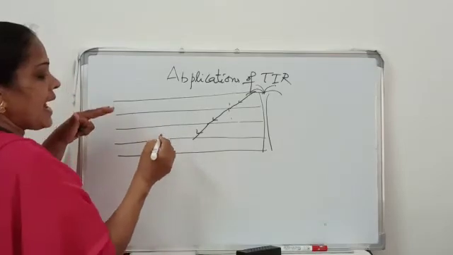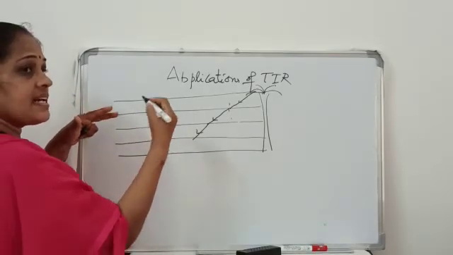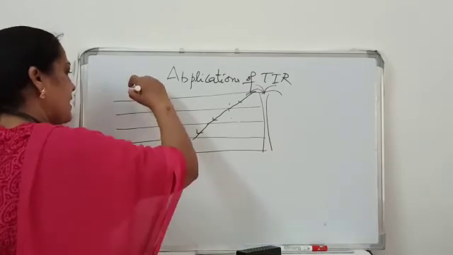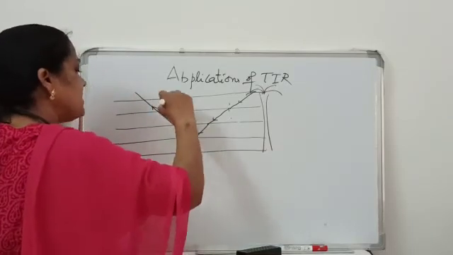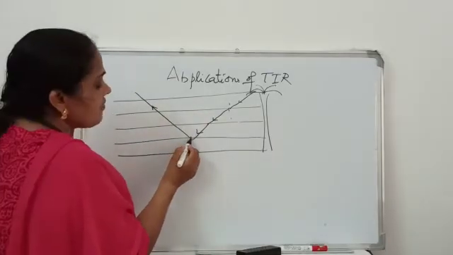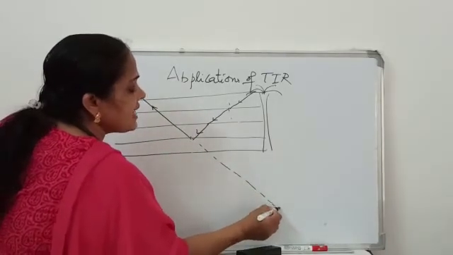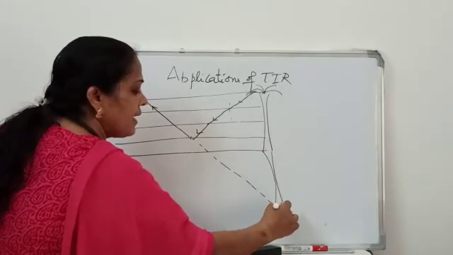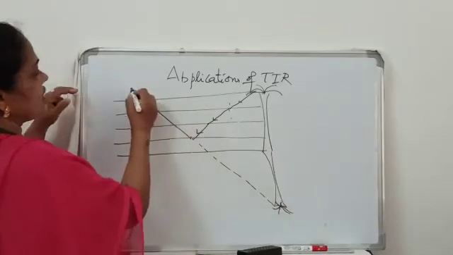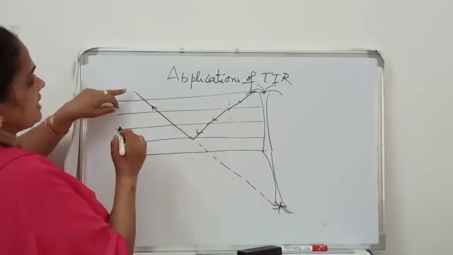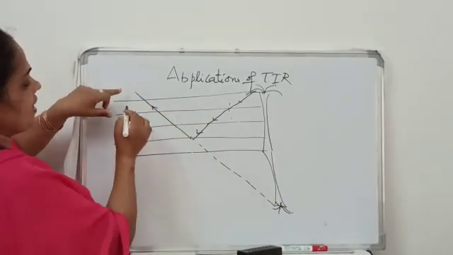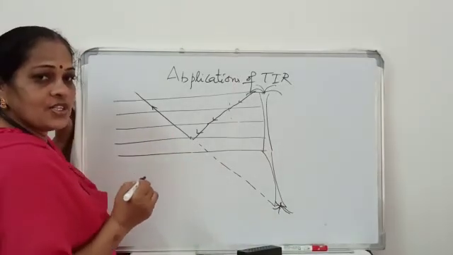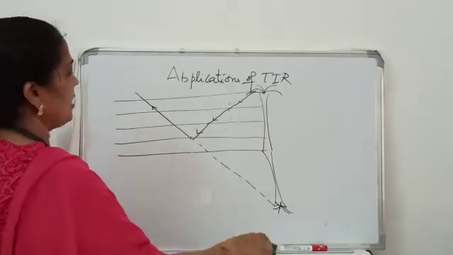At one particular angle of incidence, if it is greater than the critical angle, what happens? This light gets reflected back. And when this reflected light is extended, it appears to come from here, which is nothing but the inverted image of this tree. So suppose you are an observer standing on the surface of the earth and watching it, you see the inverted image of this tree. So this is again an optical illusion.